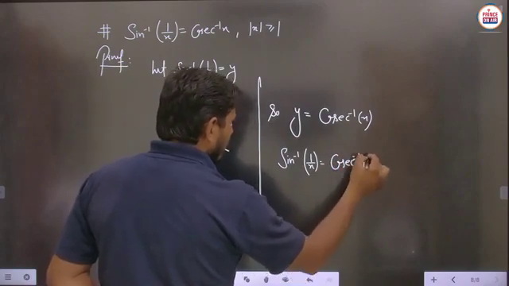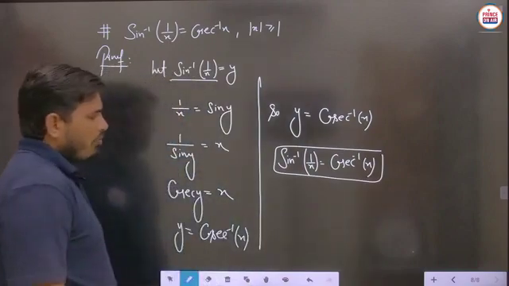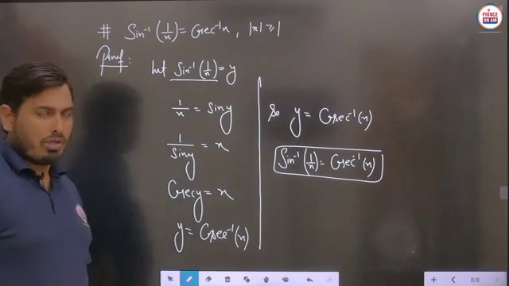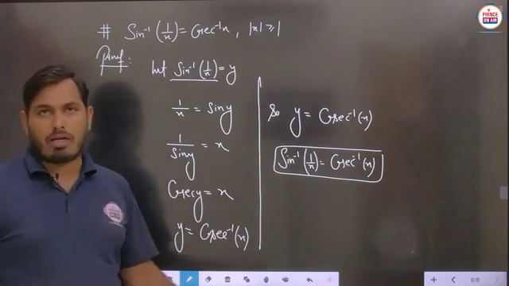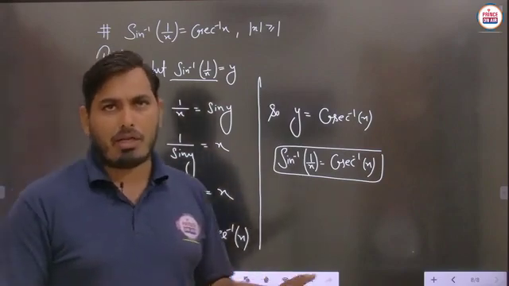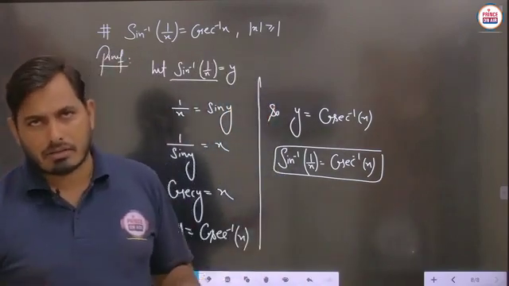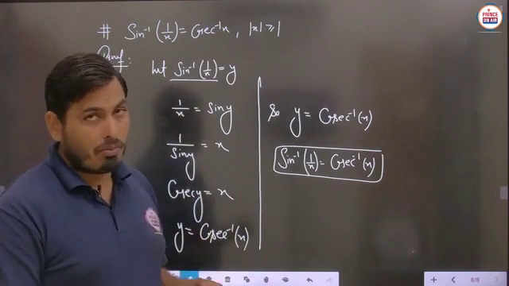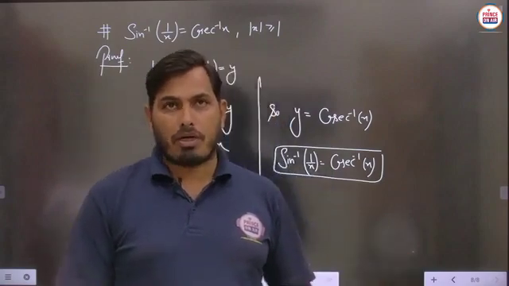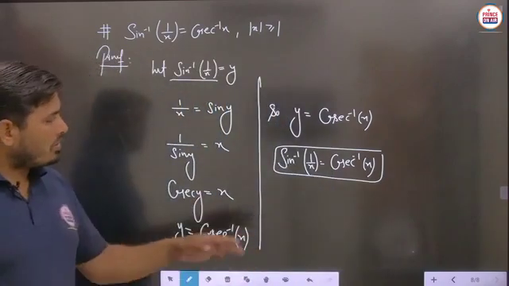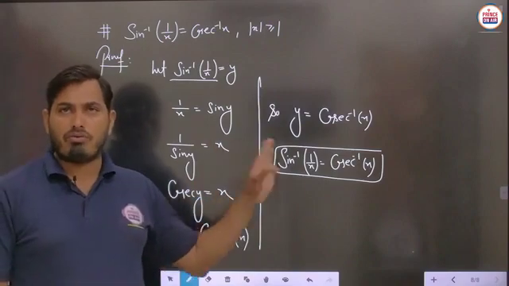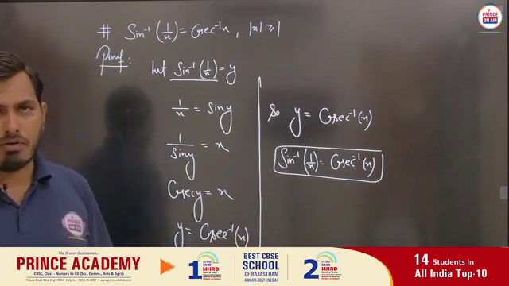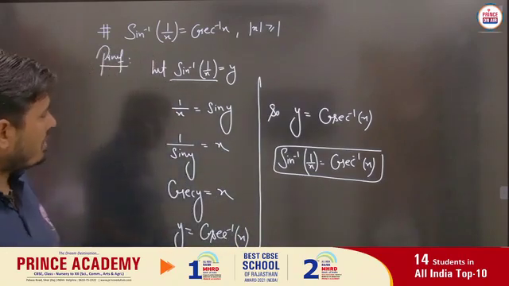So in this way you can verify the property, how the property is written and how the expressions are written. Is it clear? In this proof there is not much calculation. Again students, I am saying the trigonometric formulas and identities that we already read in class 11 are a very important part of inverse trigonometric functions, because in each and every property proof we have to simplify everything using the concepts of trigonometry. Is it clear? So you can easily understand this.